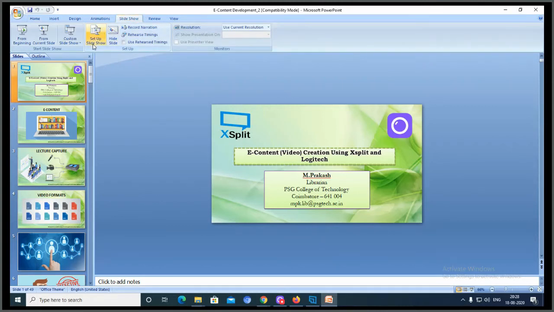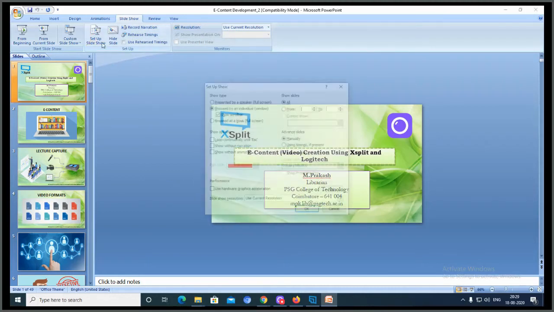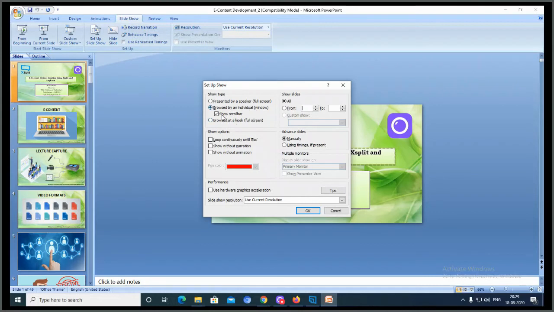Just click, and then it gives various options. Then you will find the setup slideshow option, just click it. Here you have to select browsed by an individual, and then finally give OK. The reason for this option is, only if you select it can you view your PPT